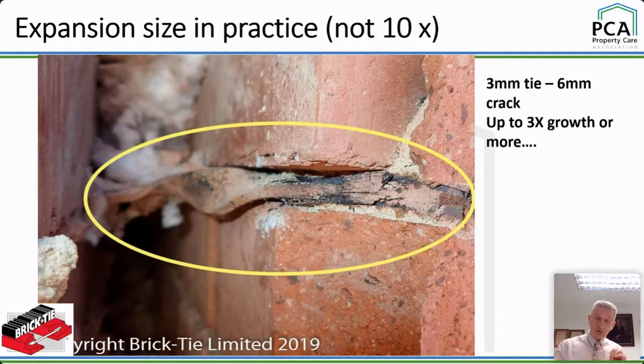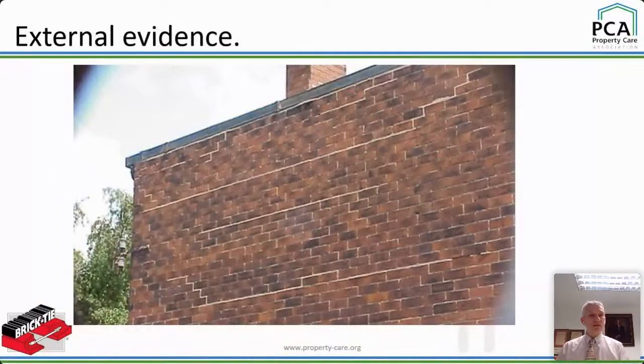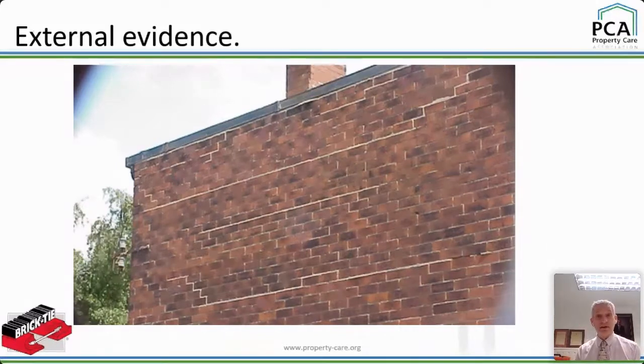Because you've got these horizontal cracks, we're no longer dealing with a homogeneous panel that all acts in unison. We're dealing with horizontal strips of wall all the way down. And we get this horizontal cracking, which we can see externally. It's a bit of an iffy picture, but it's nice because it shows how an owner of the property pointed them up, and that's highlighted them very clearly for us, okay, so we can see them.